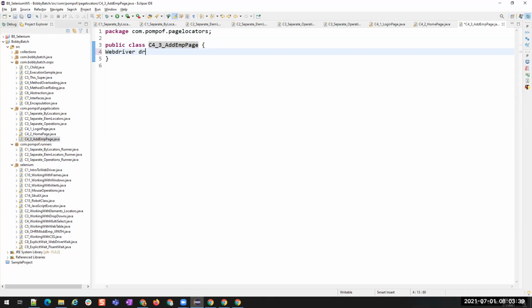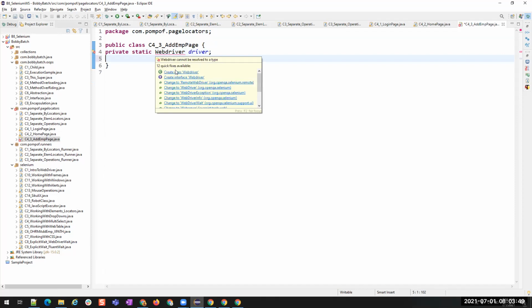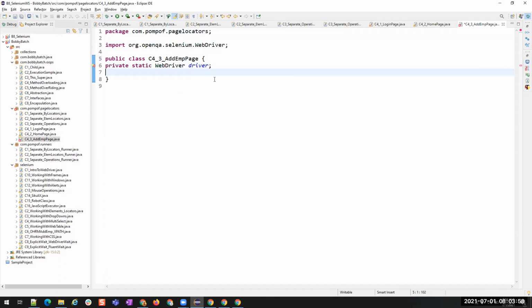WebDriver, private. Then I'm creating a class constructor.